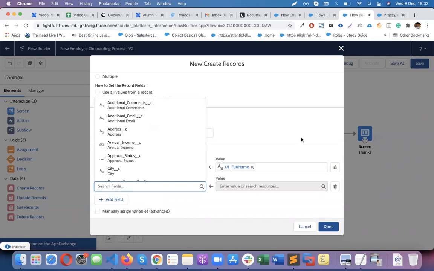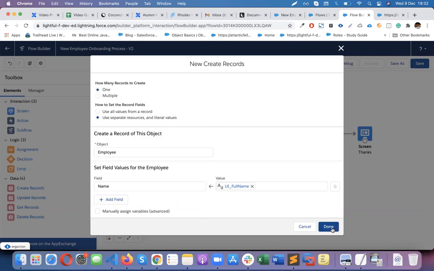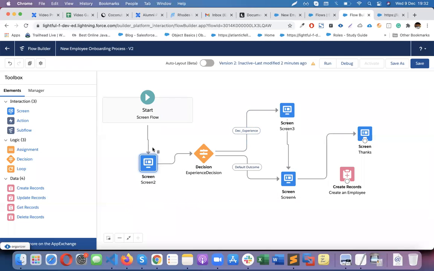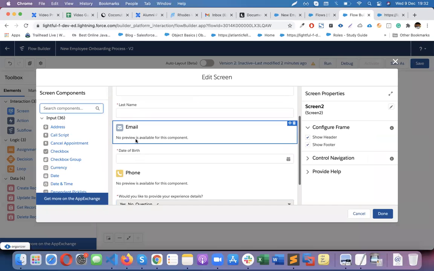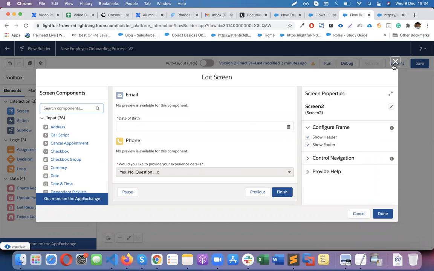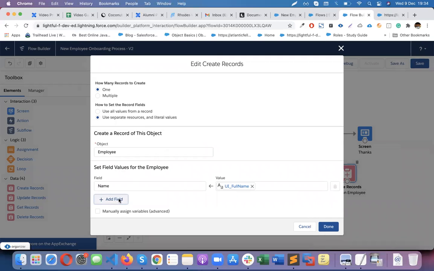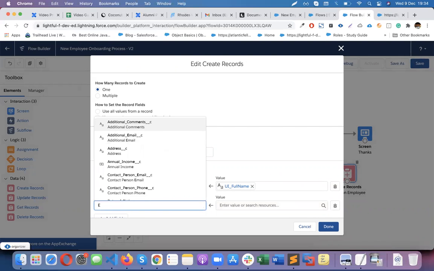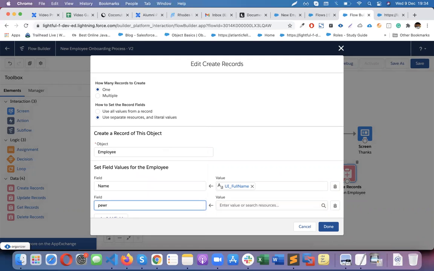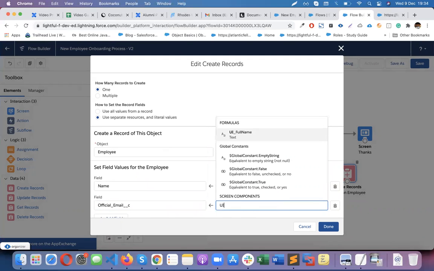Hello. Yes, Sampath. Okay, so now what else we need to do? We have a first name, last name, email, date of birth, phone. Okay, so first name, email. I will go ahead with the personal email or official email. Official email, I will go UI input